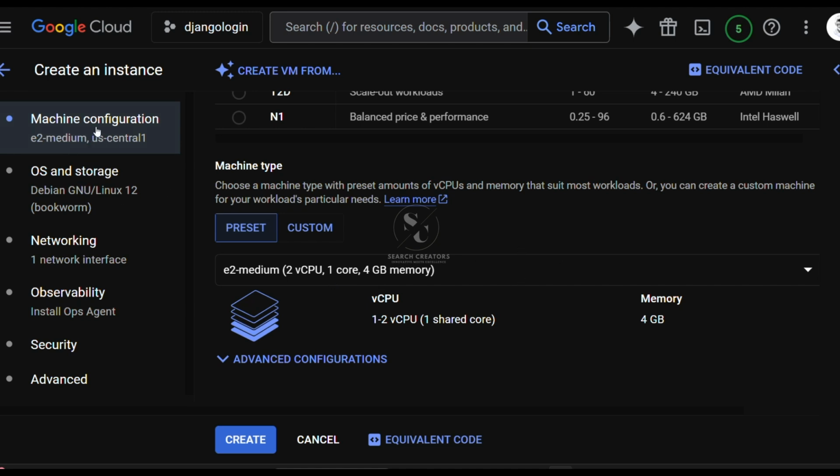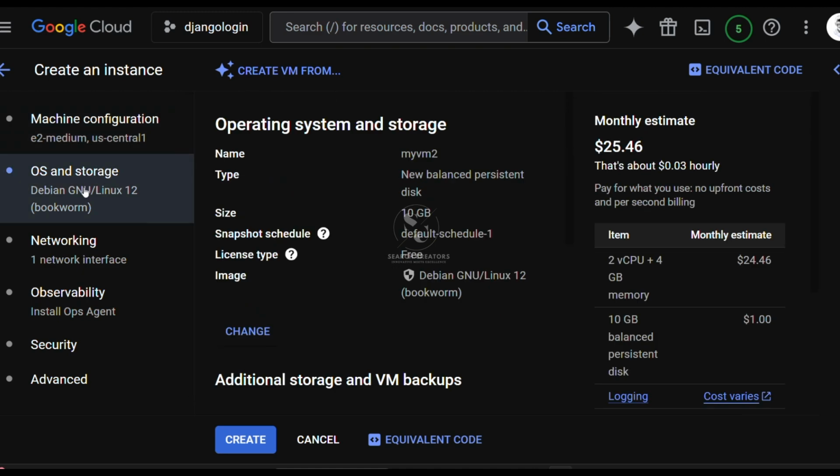After that, in the left menu, select OS and storage, which is used to deploy the operating system in cloud computing. Click on this and open the operating system and storage. Here it shows your instance name, the type, new balanced persistent disk, and the size provided to this VM instance. Check the snapshot schedule, default schedule, and license type, free. They also provide a free operating system image